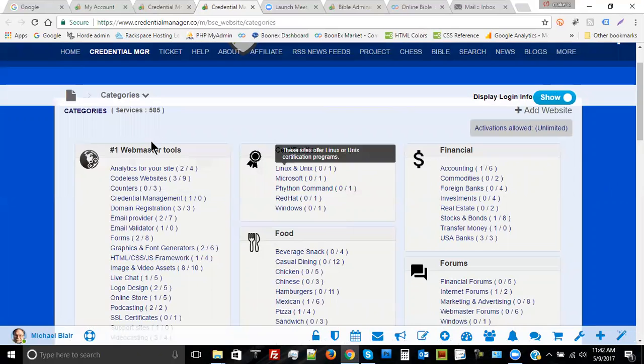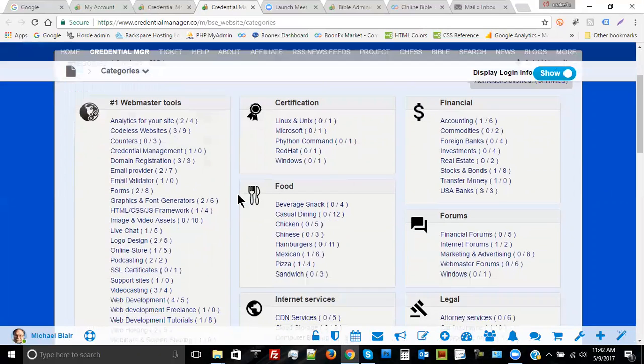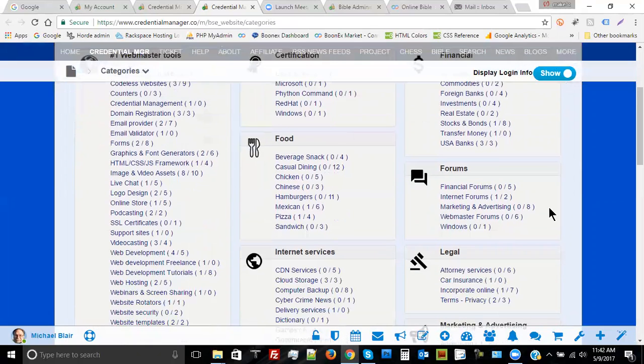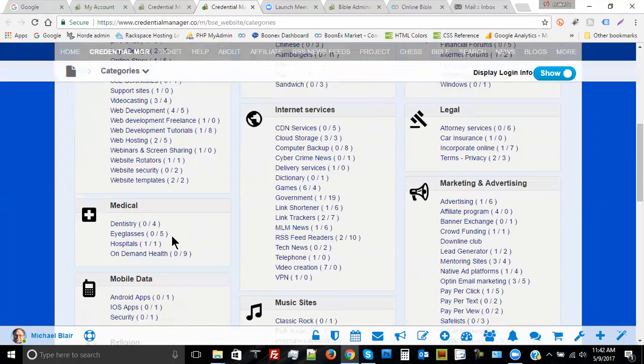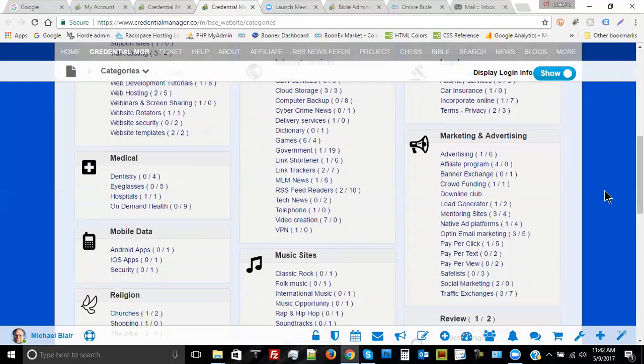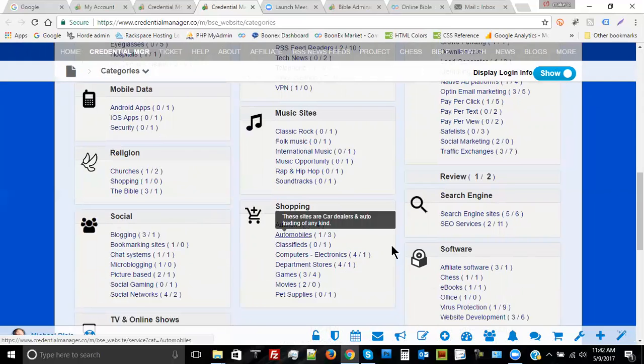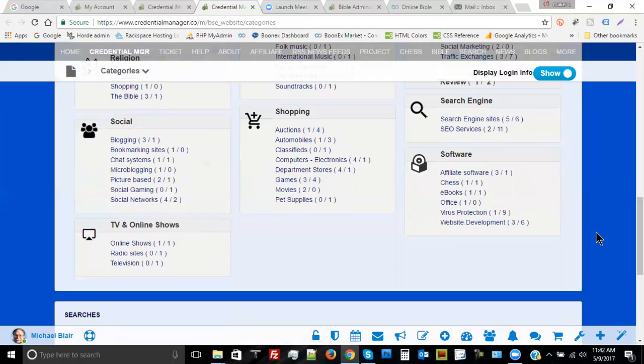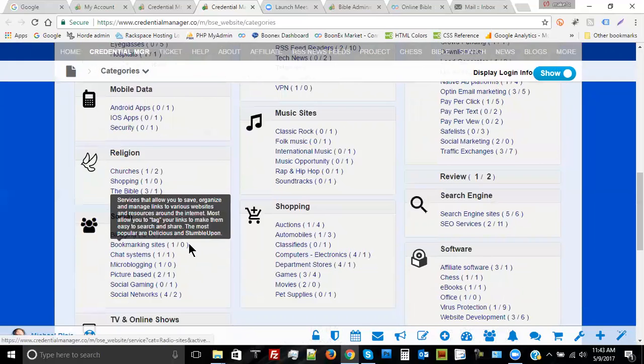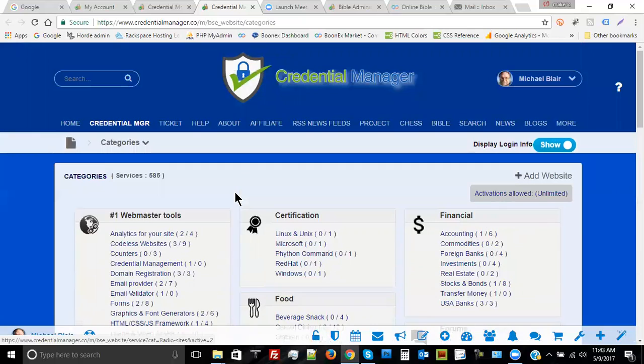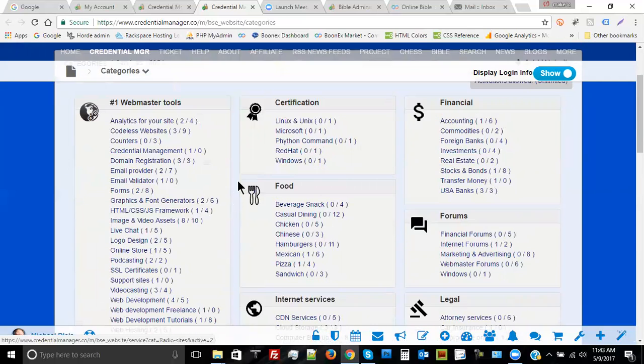So there's a category called Webmaster Tools, which are mostly sites that are dealing for people that are webmasters. There's also certification sites, there's food sites, there's financial sites, there's forums, there's internet services, there's legal, there's medical, there's mobile data, there's music sites, there's marketing and advertising, there's social, there's shopping, search engines, software, and TV and online shows. And the little pop-ups that you see coming up as I'm going through the different things is a tooltip